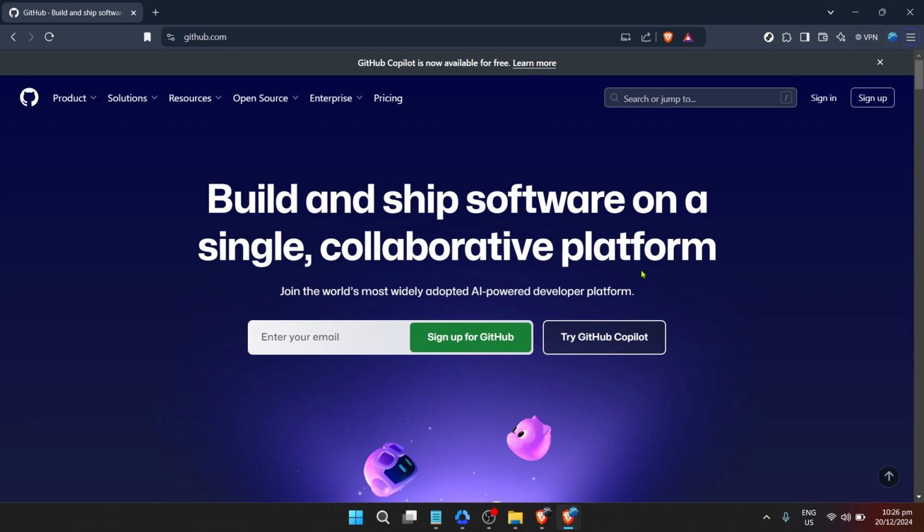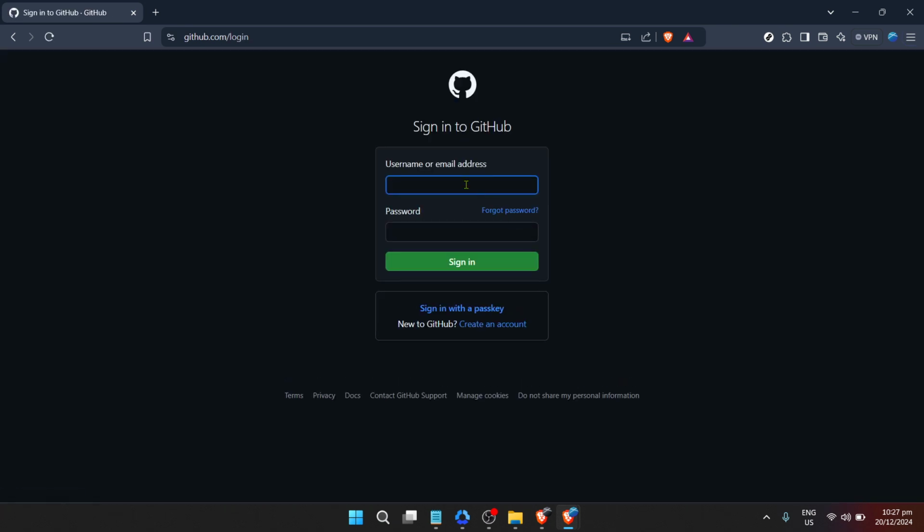First things first, let's navigate to GitHub. Open your preferred web browser and type in GitHub's URL. Once you're on GitHub's homepage, you'll notice the Sign In button, usually located at the top right corner of the page. Click on it to initiate the login process. This step is crucial because in order to receive support, GitHub needs to verify your identity and ensure you're reaching out concerning an account or issue directly related to you.